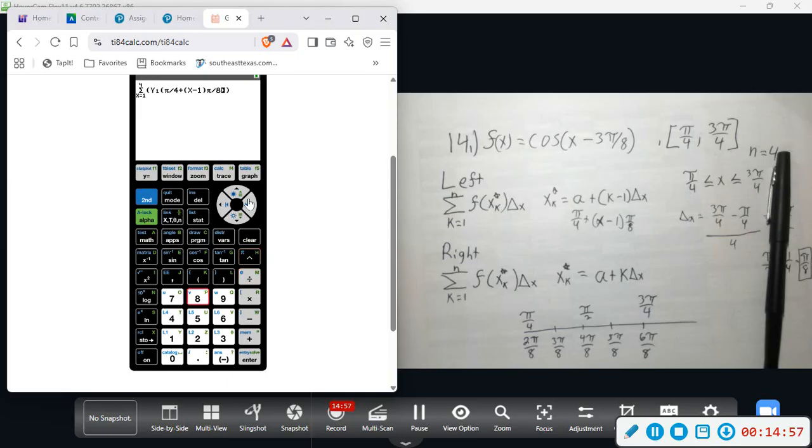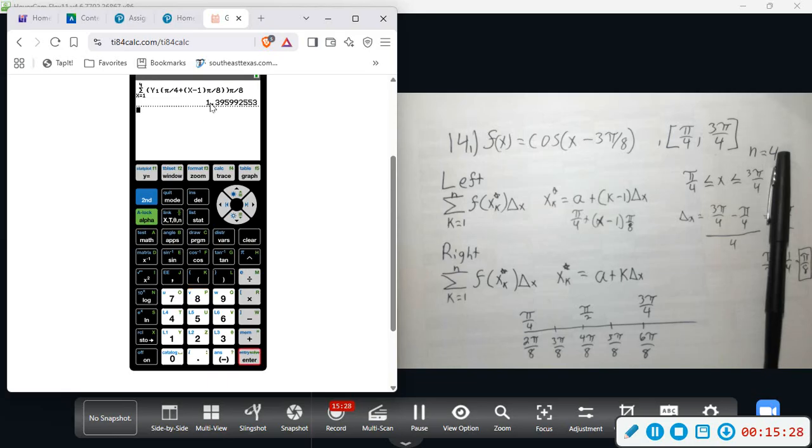Now, this is going to give us the height, okay? We still have to multiply by the change in x. So base times height, because we're getting the area of a rectangle. So this is the y value. We just plug that inside y of this times the height. So I have to do additional change in x. Now this is going to do all 4 of those rectangles for me, add them up all at once,